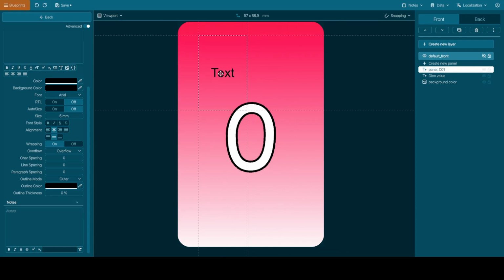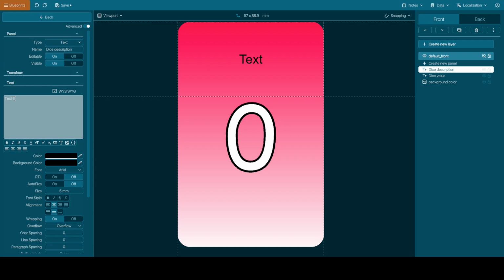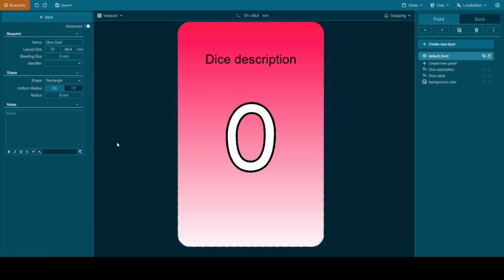Let's put it here, like so, and let's name it dice description, like so, and then let's put the default value of dice description there, like so. A pretty much similar process to what we had in Dijkstra's when it comes to this layout.